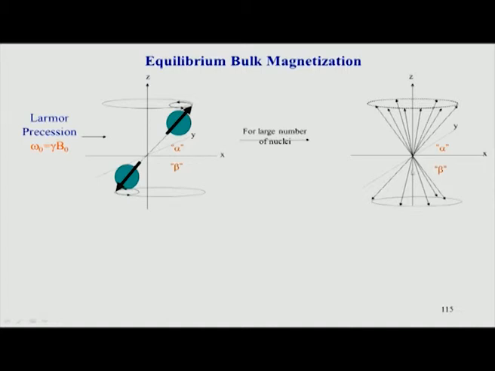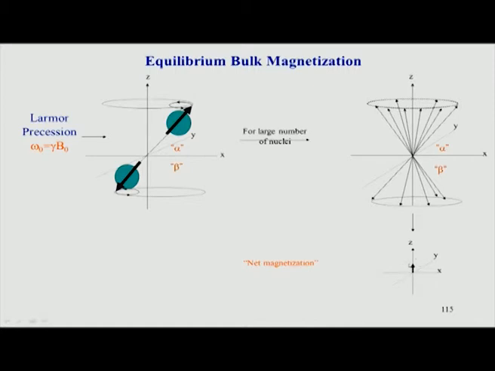Now, they will start cancelling each other, and because there are more spins on this side compared to this side, the vector addition on this side will be stronger, and therefore you will get a positive z value after subtracting the minus z part from the z part. This is what we call the net magnetization. All our NMR experiments now depend on this net magnetization. This is what we use to finally record the spectrum.